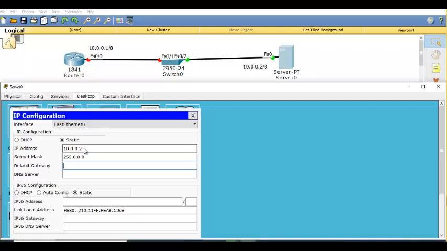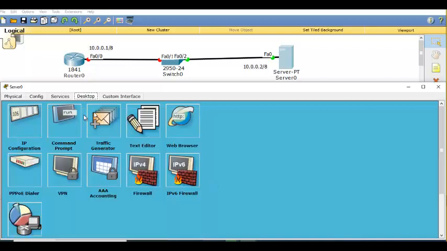There is no need for a gateway, but it is okay to give the router's address as a gateway. I'm giving 10.0.0.1. Actually, it is not needed if you don't have another network. I don't have any other network. I have only the 10 network. Gateway is not needed. Just simply I'm typing it. Nothing wrong with it.